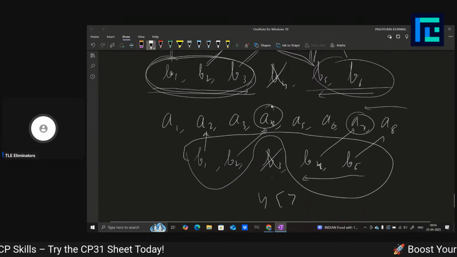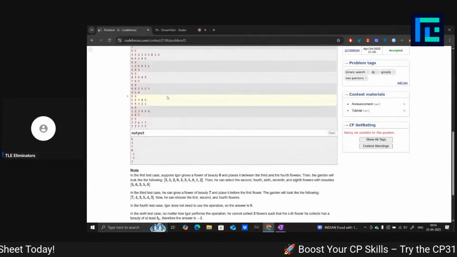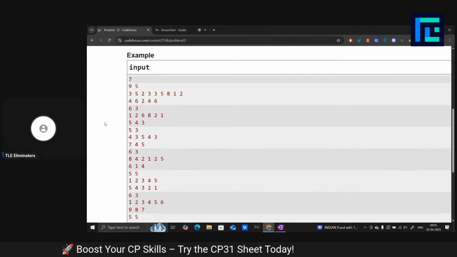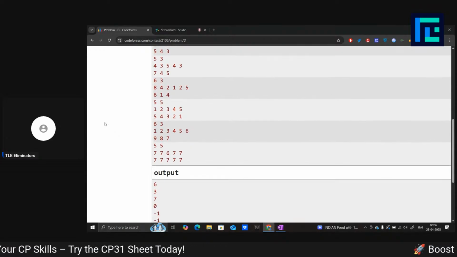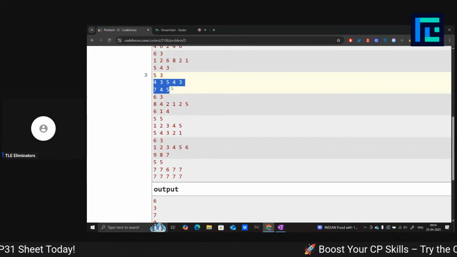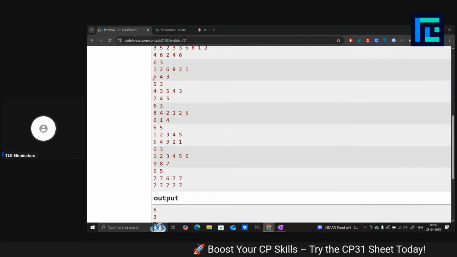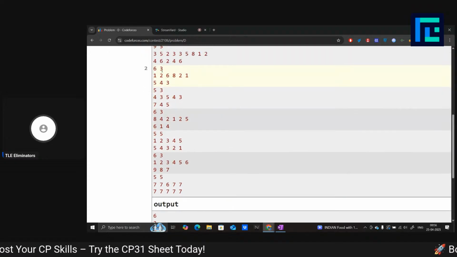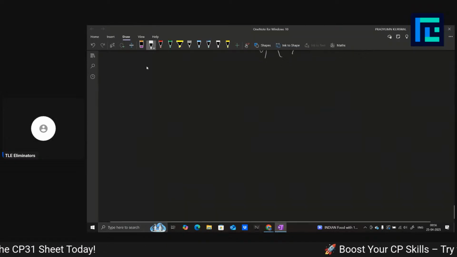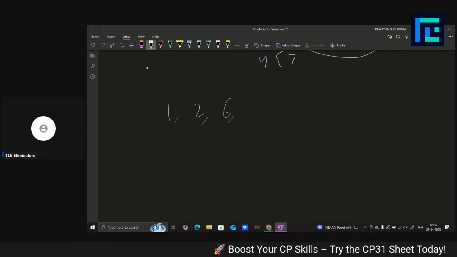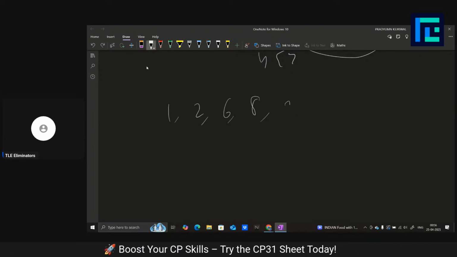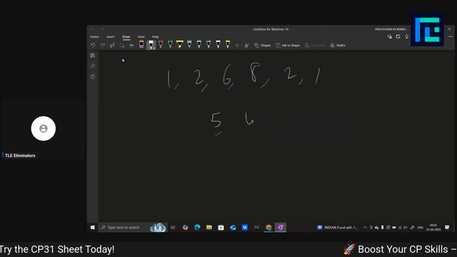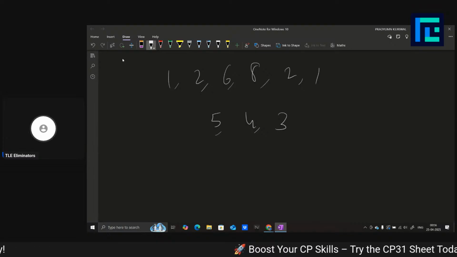Again, okay, so I'll tell you an example. Let's say we have a sample test case, which is this one. Or let's take the second one only, 126821 and 543. So okay, now just notice that